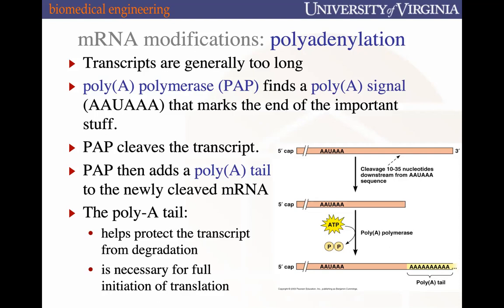And this poly-A tail helps for a few different reasons. The presence of a poly-A tail recruits poly-A binding proteins that, again, helps with the stability of the mRNA transcript to stop it from being degraded. And it's also necessary for the full initiation of translation. And so the poly-A tail is added on the 3' end, PAP recognizes the conserved sequence, and it mediates the addition